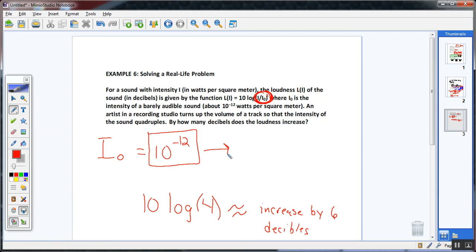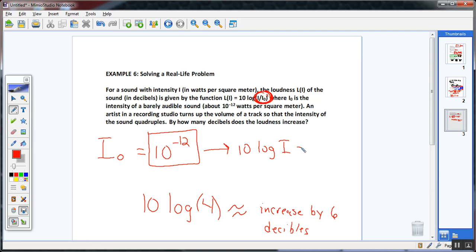You guys agree that we have a 10 out here, right? I'm going to leave that 10 out front, or I could move the 10 if I wanted to. I could call this 10 log of I